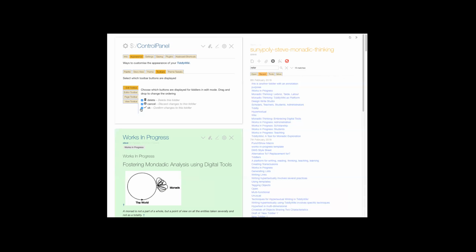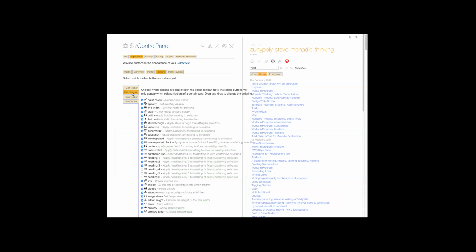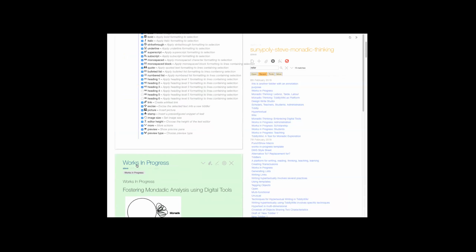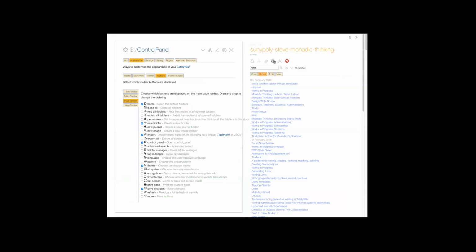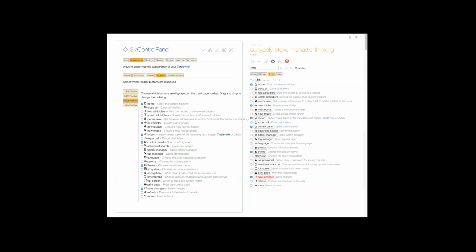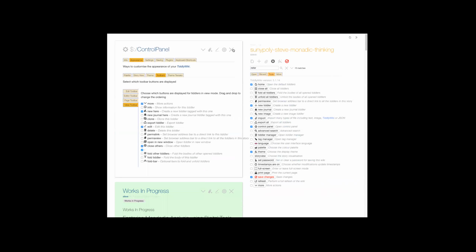It's a pain for you because when you want to edit a Tiddler, you have to put the button back. Whatever you take off of here is always going to come off the editor toolbar. If you want to get rid of all those buttons that you never use on those editor toolbars, you can take them all off. And the page toolbar is the stuff that shows up here. So you can get rid of those there, or you can also go to tools. It does the same thing. If I click it off here, it'll disappear there and disappear here, and I can click it on here. So, okay, that was a bit of a detour, but thanks for detouring me.